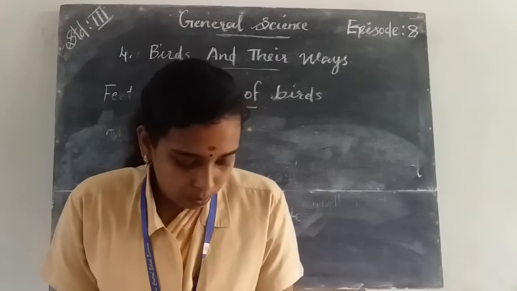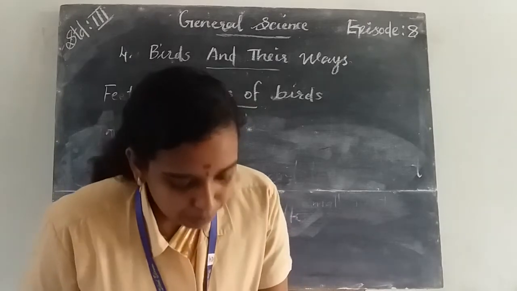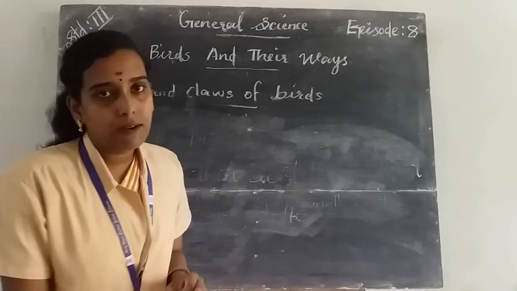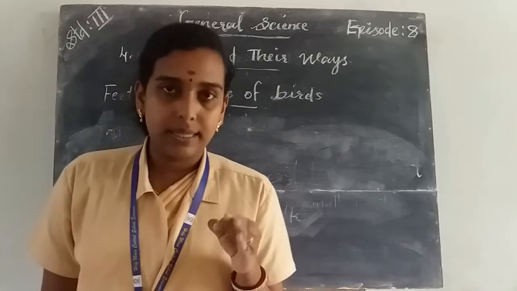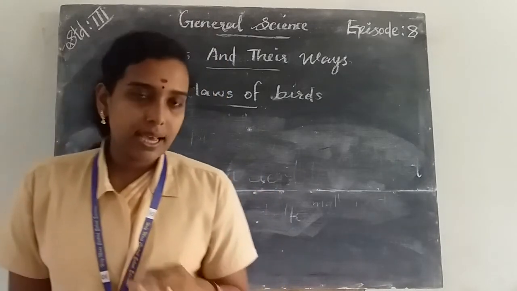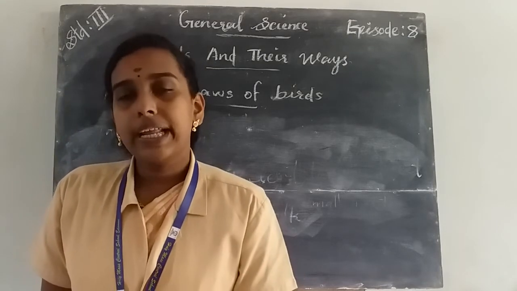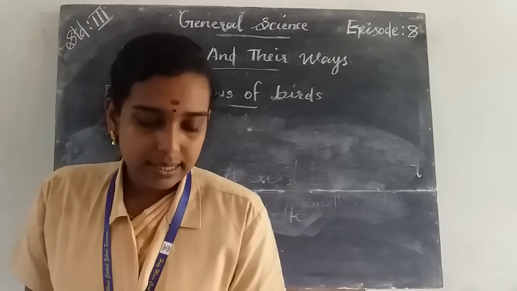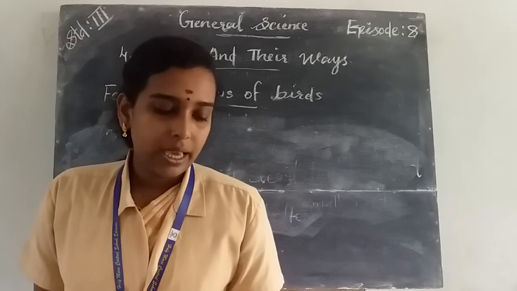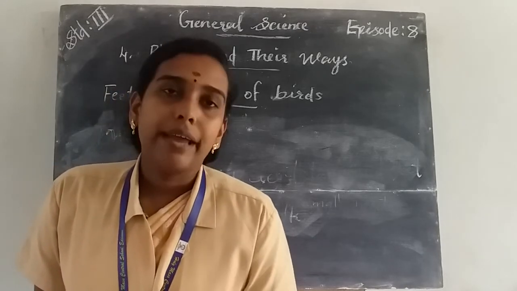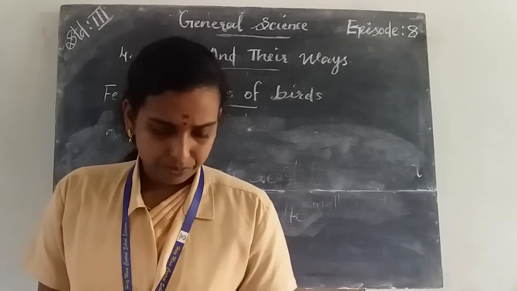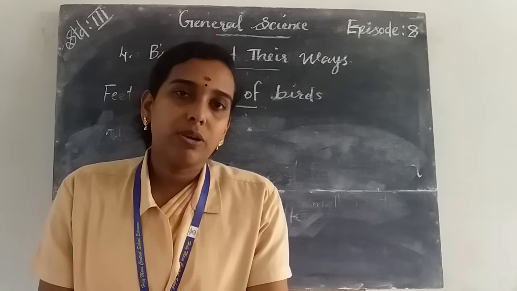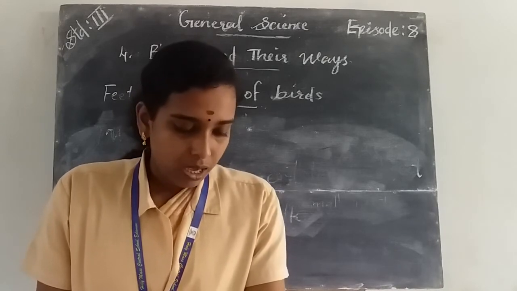Next one is praying birds. Praying birds have sharp curved claws, and their sharp curved claws are called talons. They use their talons to pick up insects. Such types of birds are called praying birds. Then wading birds. The birds with long thin legs are called wading birds. Okay, these are the types of birds, and also we studied that birds have a streamlined body, and the streamlined body of a bird helps them to fly.